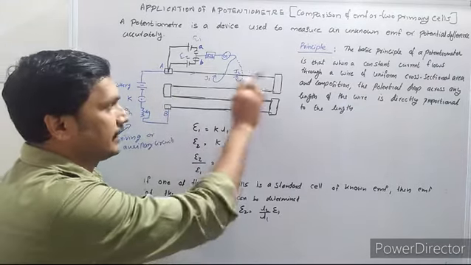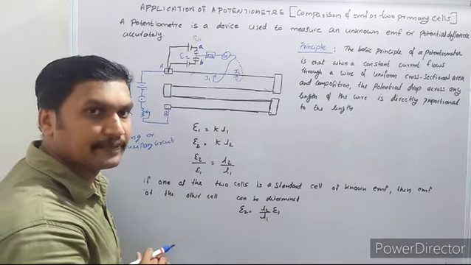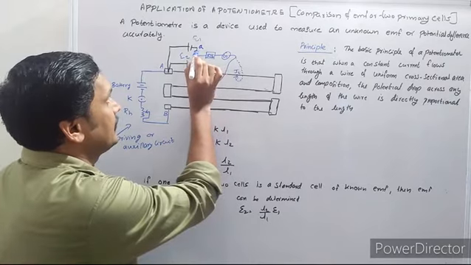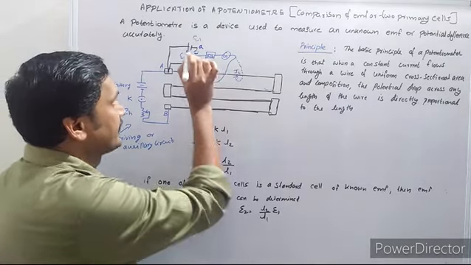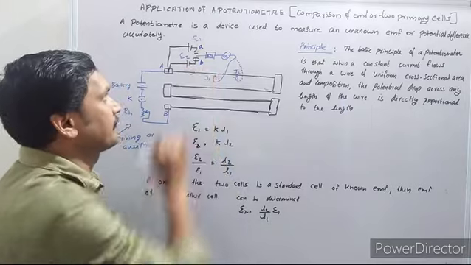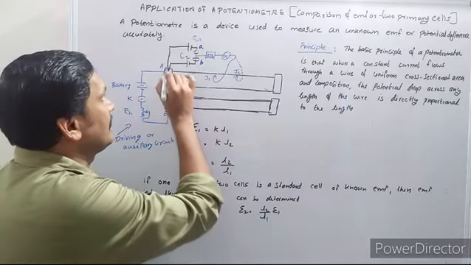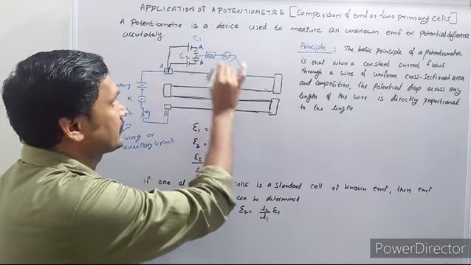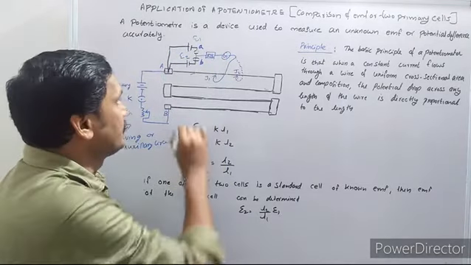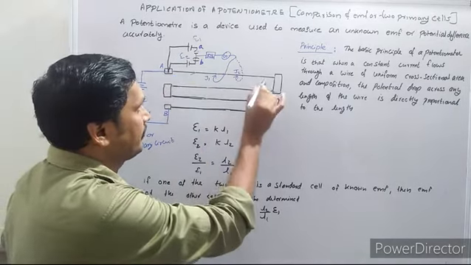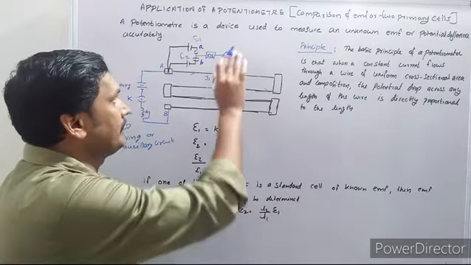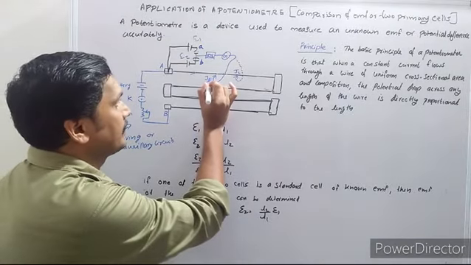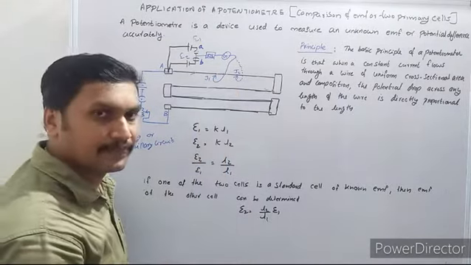After this connection, we are putting the key in the auxiliary circuit. Then a constant current is passing through this potentiometer wire. After that, suppose we insert the key only in the gap A. Now the cell having EMF E1 comes into the circuit. Say we are sliding the jockey along this potentiometer wire till the galvanometer shows a null deflection. Let us say at the point J1 it is showing a null deflection.